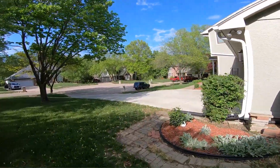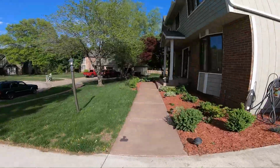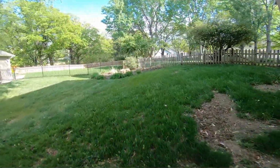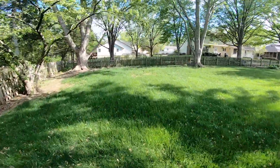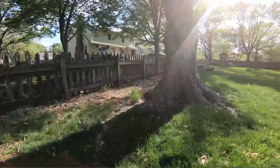I didn't mention some of the components, but I do like the looks of it. They've got this rainbow style of motor where it changes color depending upon how the light hits it. That's pretty cool, kind of a sharp little addition. They do use hex screws all the way around, and the camera can be adjusted, and I'll show you the analog. This is